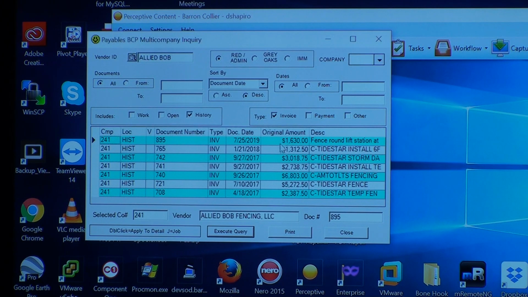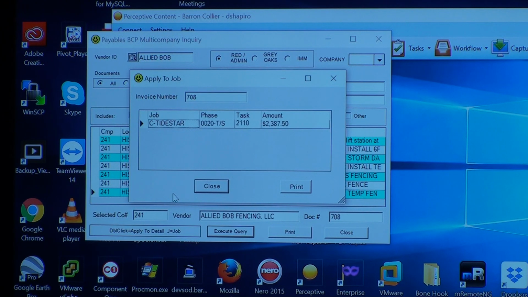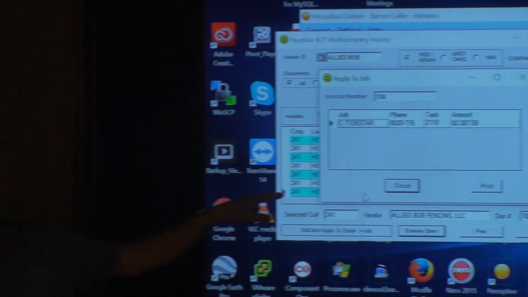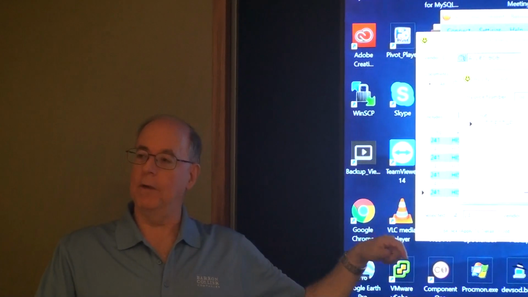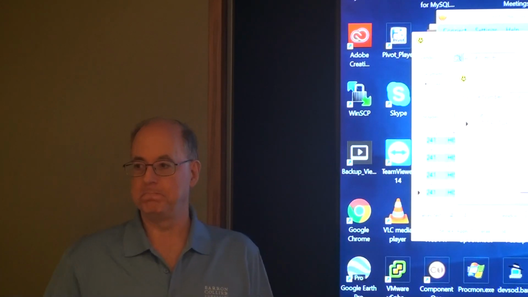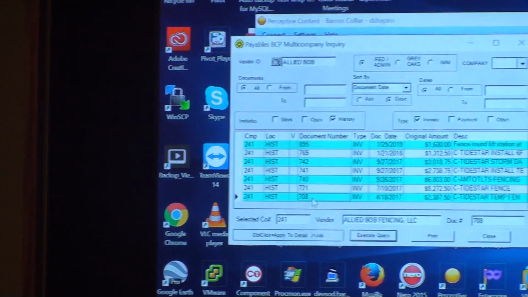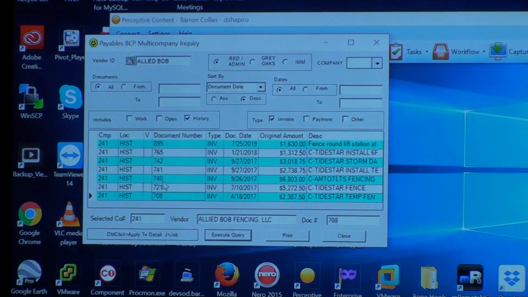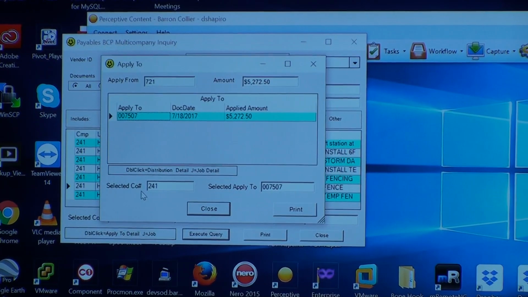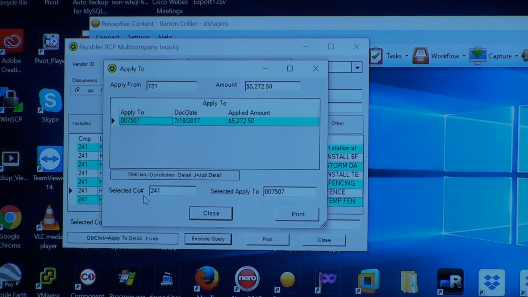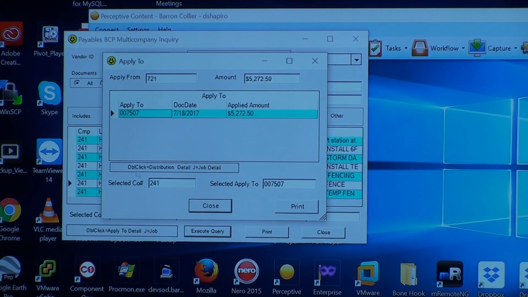So one of the things you might be interested in is one of the options here. If you click on an item and you push J, for those that have job detail, this is an entry, so if it has job detail, it will bring the job detail up. And if you double click on it, let me get my double clicking working here. You double click, it's your apply to, okay? In this case, that's the payment. I double click the payment,